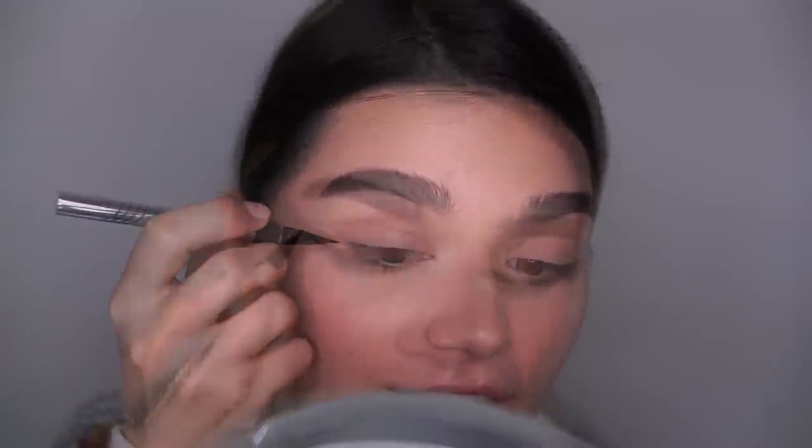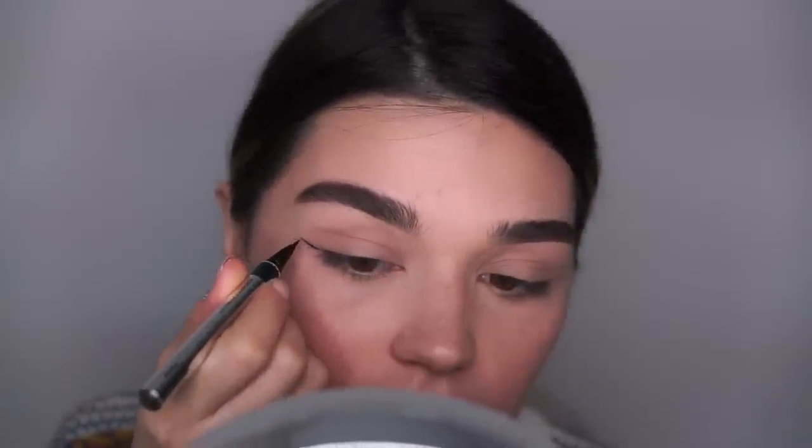And now I will apply, I was waiting for this moment for such a long time, the ultra fine liquid eyeliner from Physicians Formula. Apparently this has some kind of special formula. It has also a serum in it, so we shall see about that. I like already that it's a brush. I will do just a small kind of wing. I'm saying this, and I hope in like 5 minutes I will not have a big black eyeliner on my eyes. Yeah, it's very soft